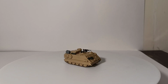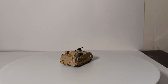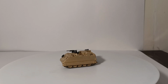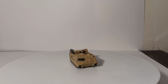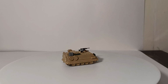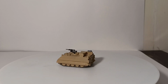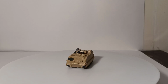Now, not everybody, unfortunately, loves the old M113s. It's one of the more controversial vehicles that are still in the inventory. One of the main reasons for its downfall and why it's not so loved by everybody is that same revolutionary armor that it had back in the 60s doesn't really hold up in today's kind of environments that we're seeing in Iraq and Afghanistan, because it's extremely susceptible to roadside bombs, IEDs, and landmines that you see in urban